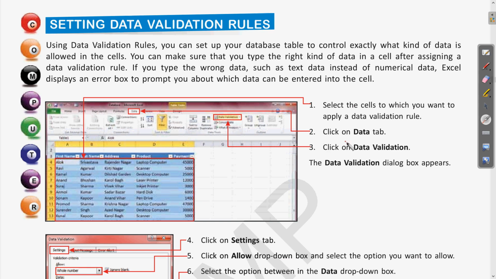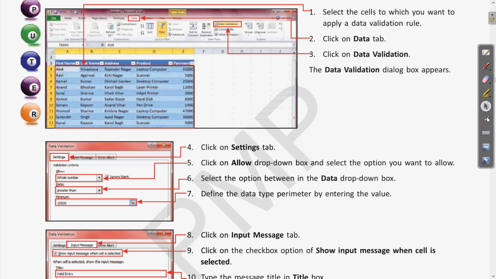So for that we have seen what the steps were. First, after we have created the table, we select those cells, then click on the data tab. Clear? And in the data tab we have the data validation option. Clear? So when you click on this data validation option, a new dialog box appears.